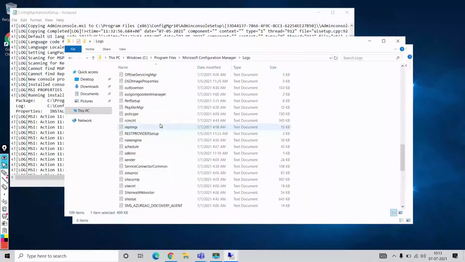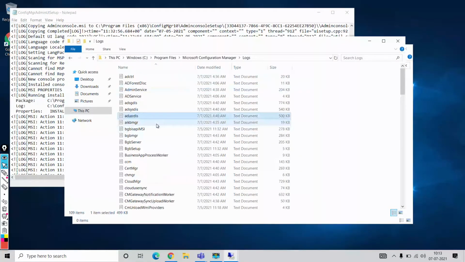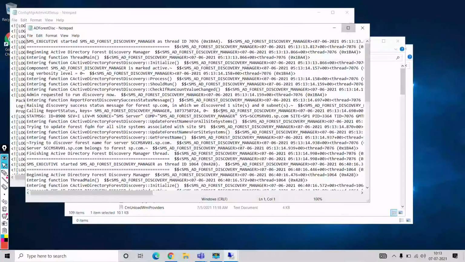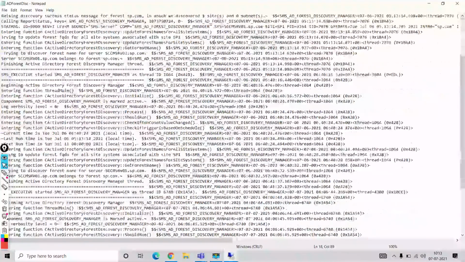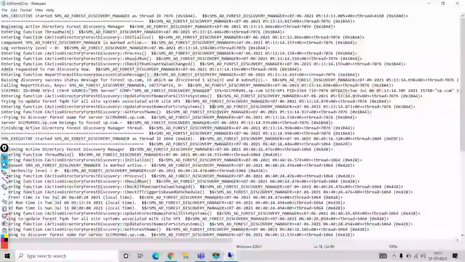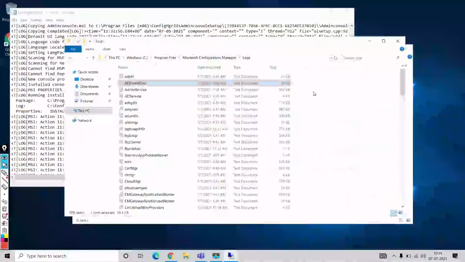Now if I open, let's say, the AD forest discovery log, would you be able to read this log? It is easy to read, no? No, sir. Right, so for that we have a tool called CCM trace.